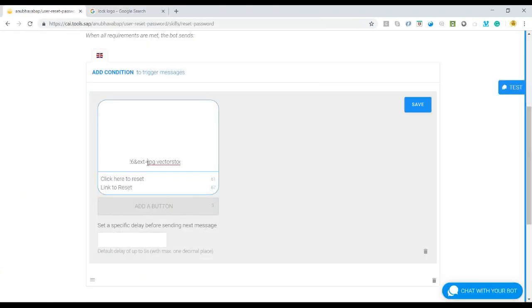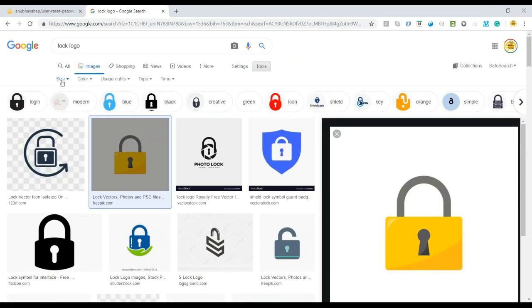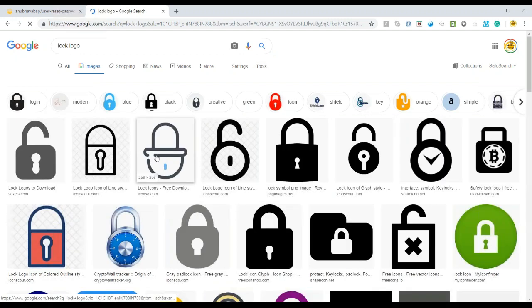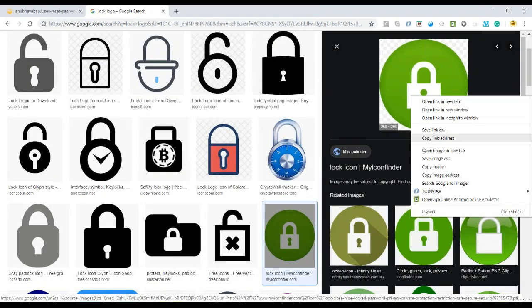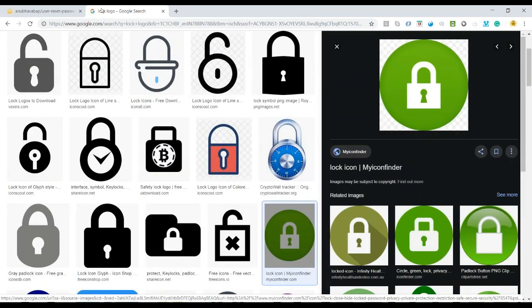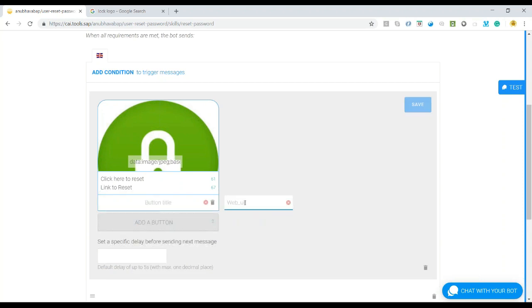And we just paste that over here. Oh, it's too big. Let's search for a small one. An icon type, yes. Oh, wow, amazing. Pick up something colorful and try this out now, finally. All right, looks fine. Now I will add a button with a link, and this time, guys, I would like